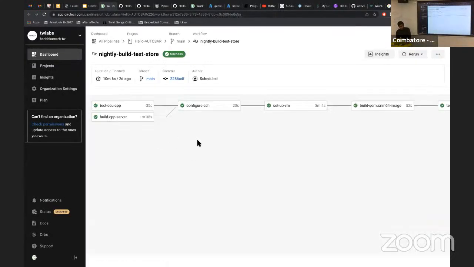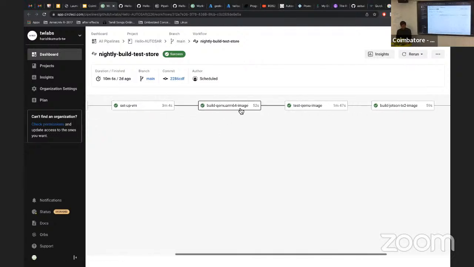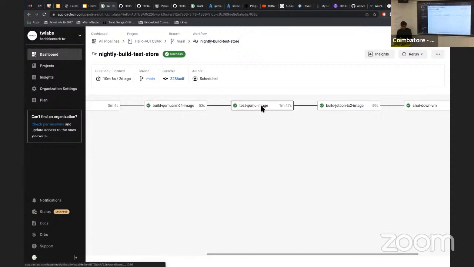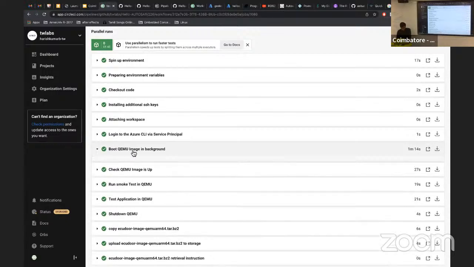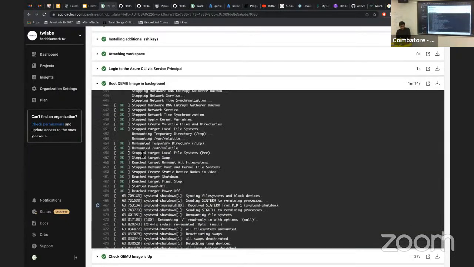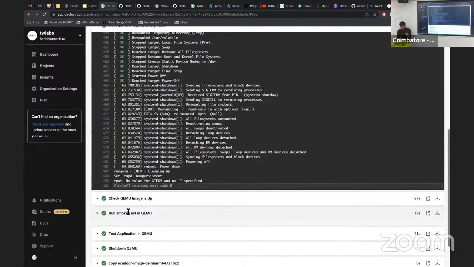I'll quickly open the workflow. If you see here, this is the workflow. We are testing the application in the first two jobs, configuring and setting up the VM, then building the QEMU image, and then testing it. I'll quickly open the test. Leave out the first few steps; it is just starting and connecting to the VM. Then we boot the QEMU image in the background. Once the QEMU image is built and booted, I run the smoke test,